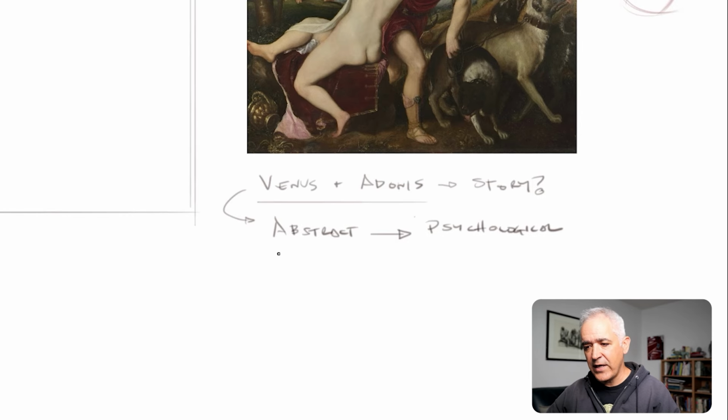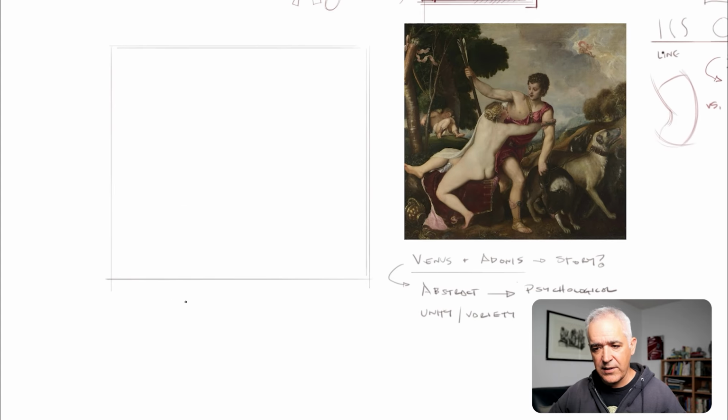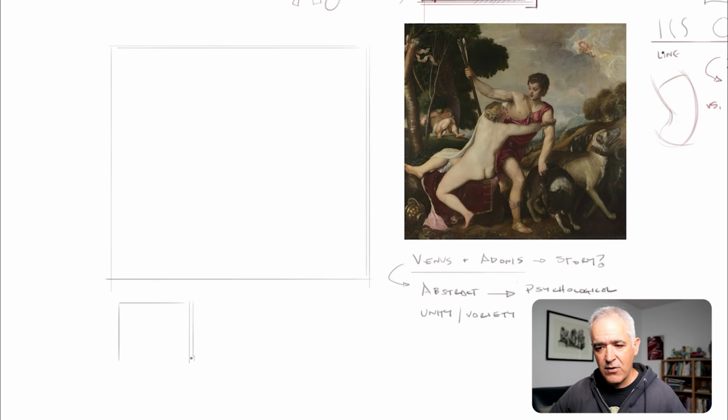So we have in prior videos discussed that there are components of a composition that you can think of if it's helpful, such as there being unity and variety as the two major poles of what are included, and that these interact in ways that you could think of simply to begin with as creating support or creating contrast. And if I'm to look at this, I'm going to do that little thumbnail sketch over here. So this is my little composition, let's say. What do I think is unifying this? So what gives this unity, the picture?